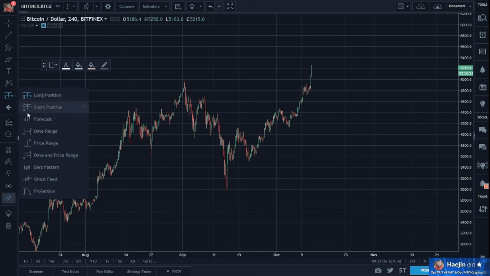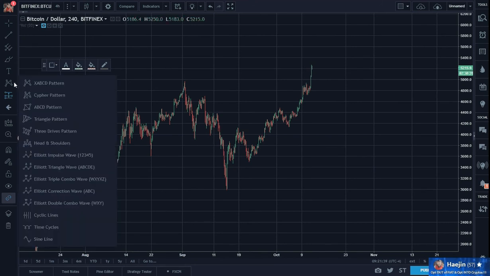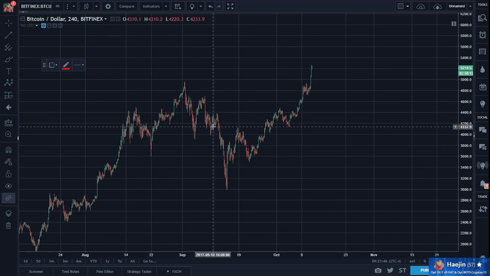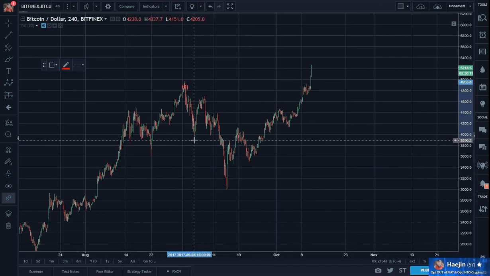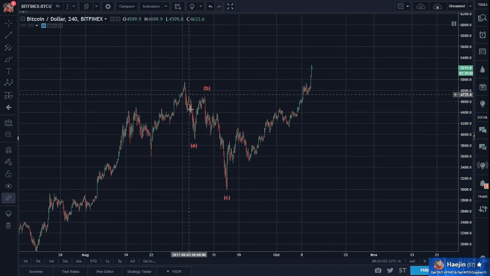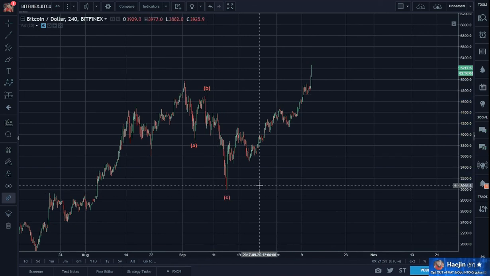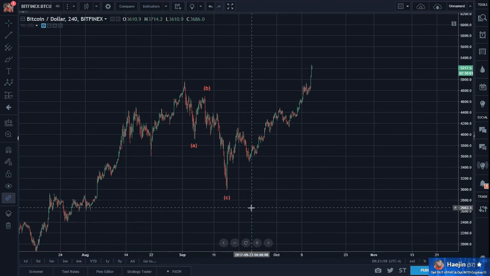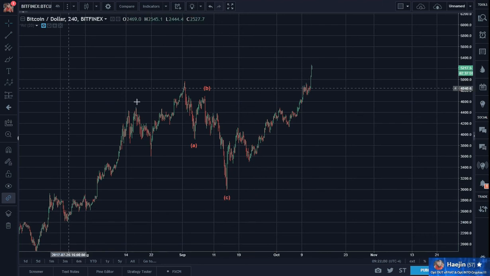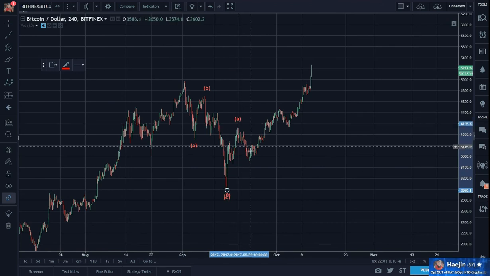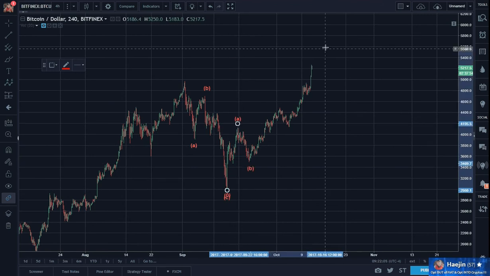I want to take you through this. This was ABC as I labeled it. I also labeled this as the A, B, C to be here.